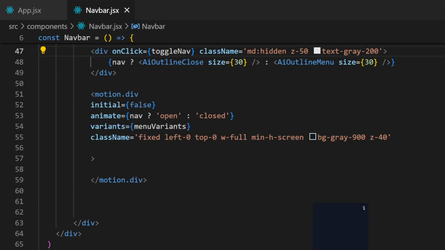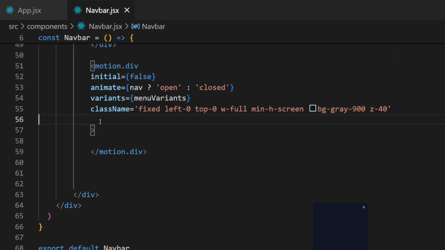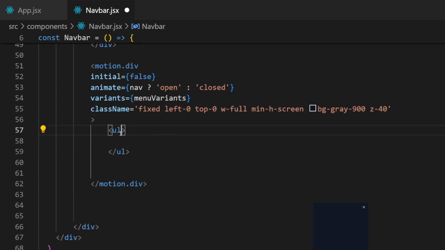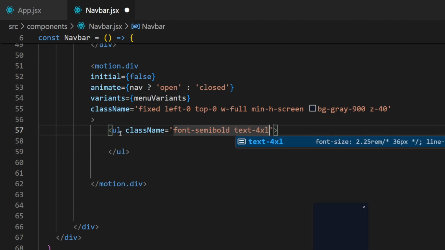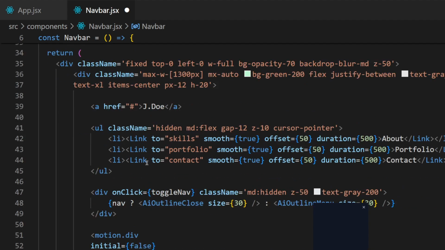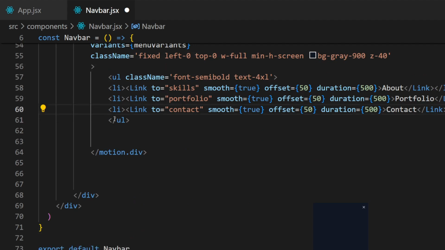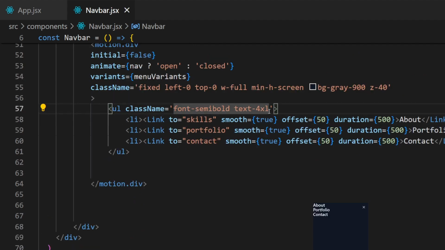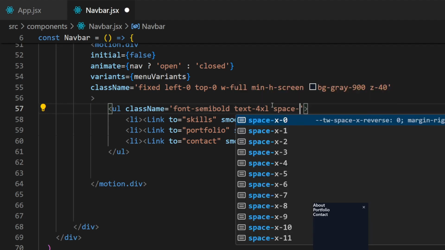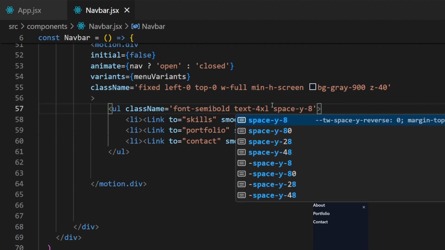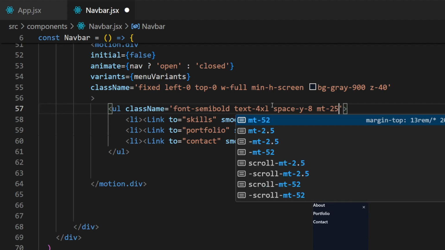For now, if we open it, we'll have it like this, and now we can set there into the motion div the other unordered list with menu items. Let's start there with the unordered list. Let's put a style to it, so font semi-bold, text for Excel. Let's actually put there some list items, so let's take it from there, put it there. Now we can see them there, so font semi-bold, text for Excel, space Y8, margin to top, let me save it now so you can see it, margin to top, let's use 24,